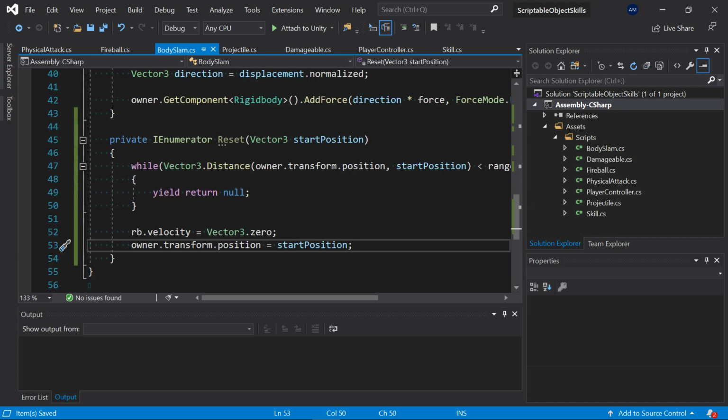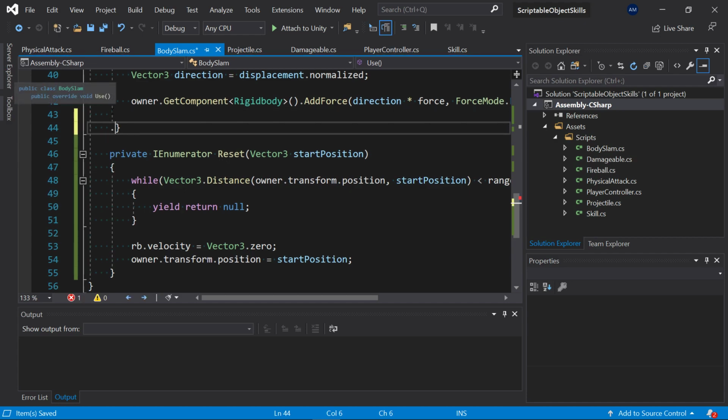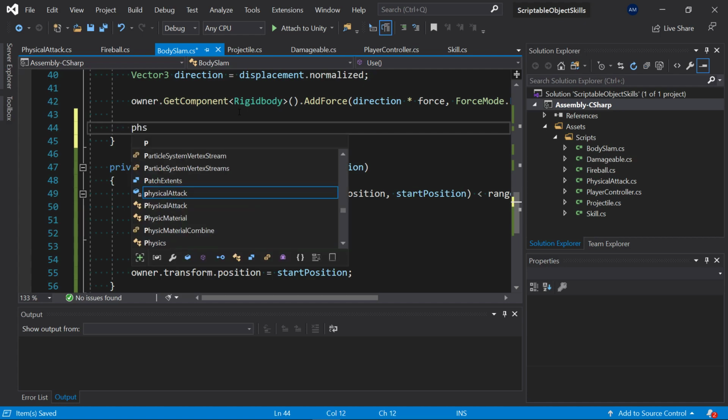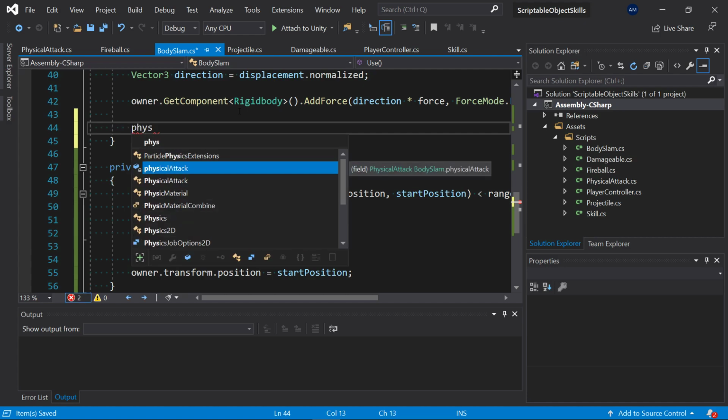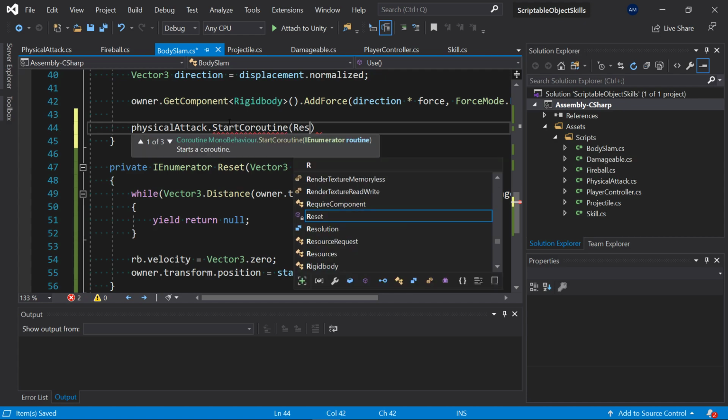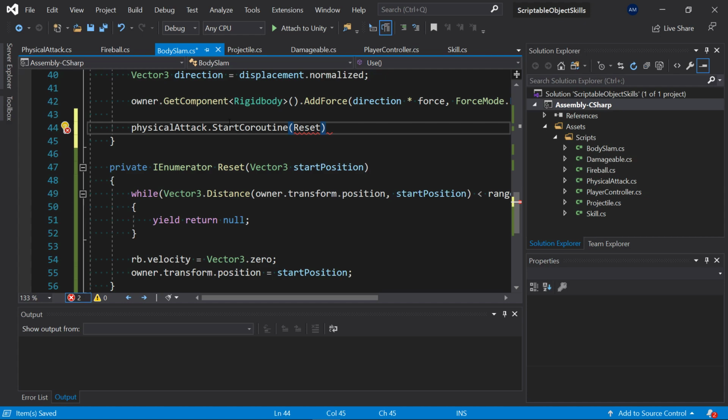And now we have to call this coroutine. Now to call a coroutine, it has to be called from a mono behavior. This is not a mono behavior. This is a scriptable object. But it can be called from any kind of mono behavior. So all you got to do right here is just come into here and just do physical attack, which could be any mono behavior. Physical attack dot reset. But what you can do is it's physical attack dot start coroutine. Start coroutine, and then pass in reset with a parameter